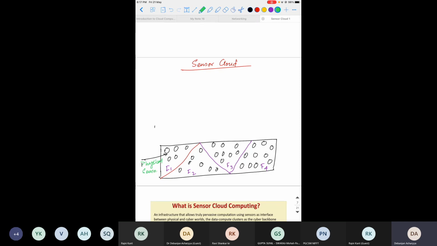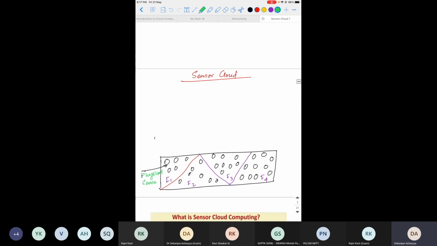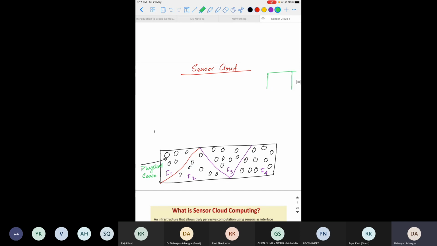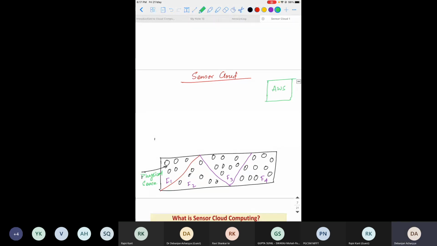Now, you may think that there may be some cloud over here, and the cloud may be AWS or anything else, a cloud service platform.